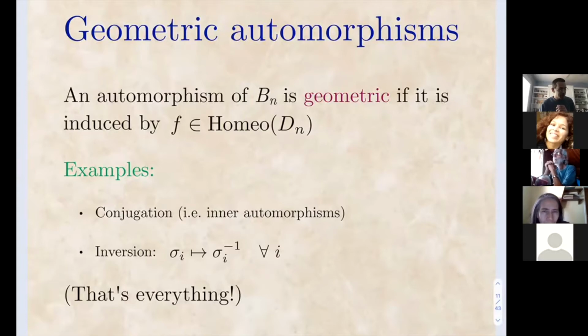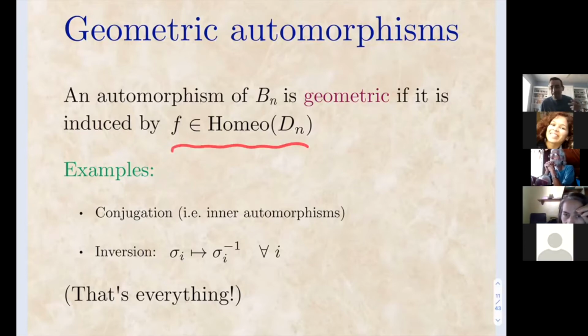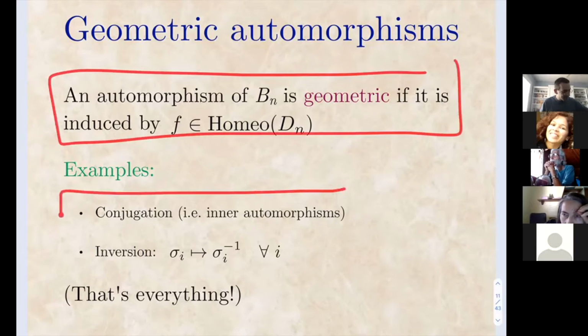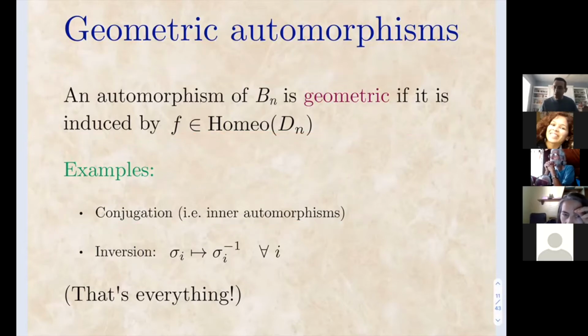So if you conjugate a braid, think of braids as the mapping class group of the disk. If you conjugate by a homeomorphism, it's basically the same as conjugating by a braid. So what's written here is almost exactly the same as this. Because when you conjugate by a homeomorphism, you're conjugating by a braid, that's an inner automorphism. Except there's one other kind of